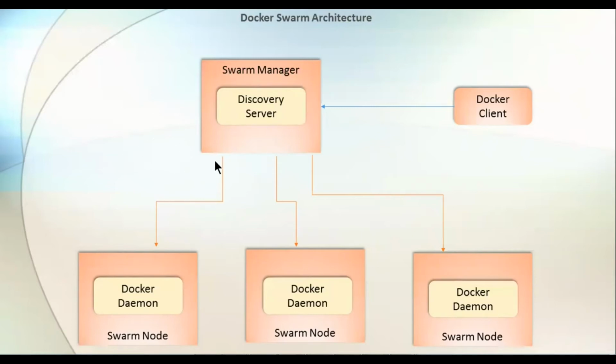But the manager is only performing the managerial task. So for example, if your manager goes down, for that period of time we cannot manage the cluster, but our services are up and running because they can be taken care of by the Swarm nodes. If any node goes down, other nodes can easily keep the service up and running. Swarm provides awesome load balancing. Swarm uses ingress load balancing to expose the services you want to make available externally to the Swarm. That happens automatically.